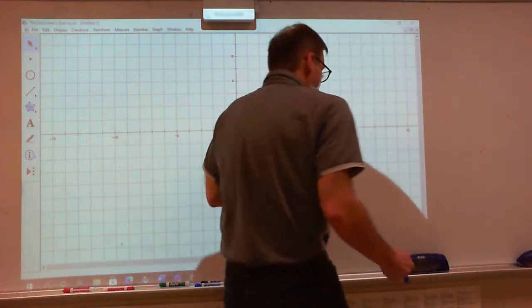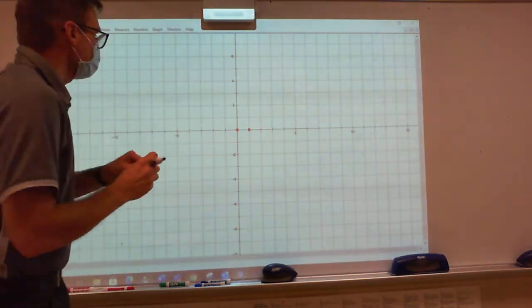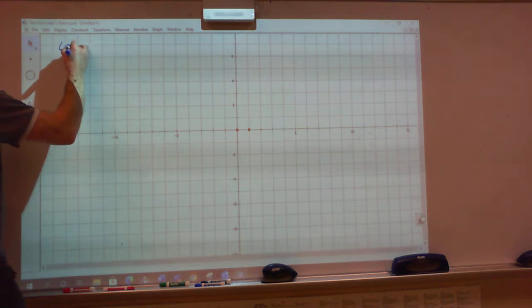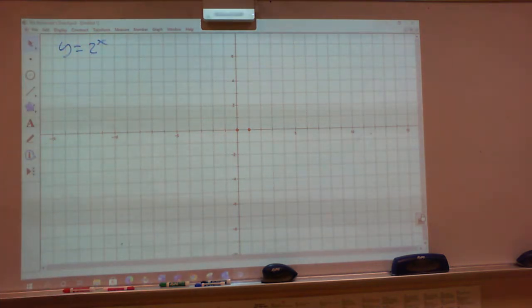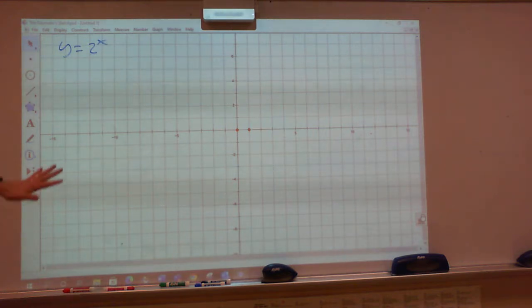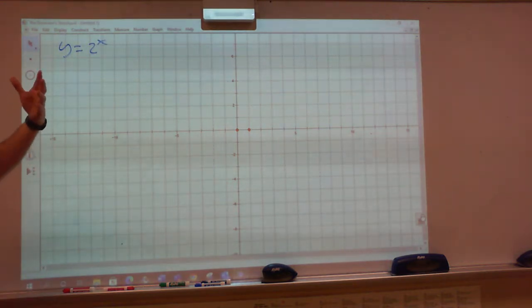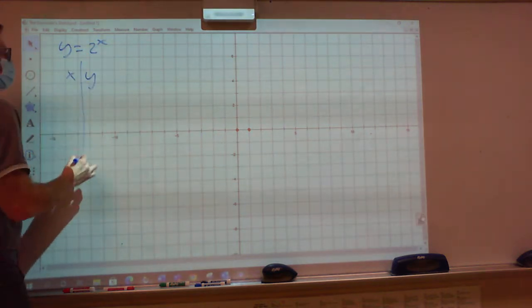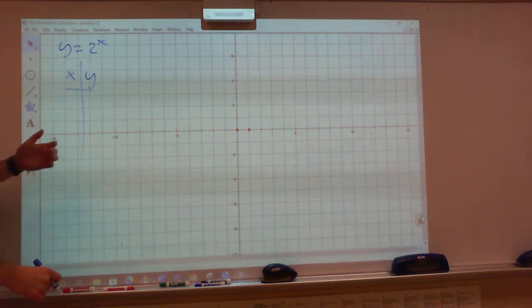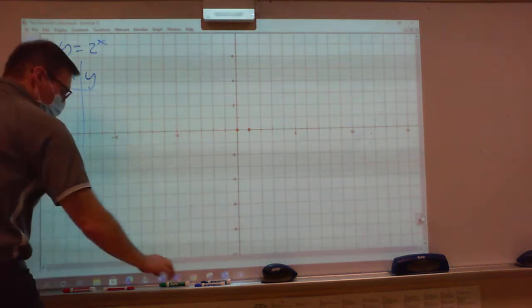Right? So I want to revisit our exponential function, y is equal to 2 to the x. You don't have to write this down, you can just watch. I'm going to go over our chart. So here's my little xy chart, and I'm going to pick my favorite values, which are going to be